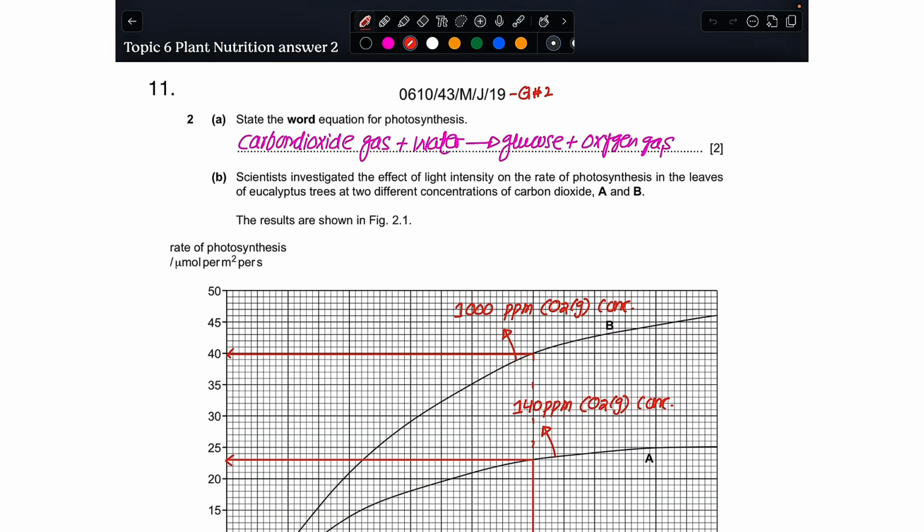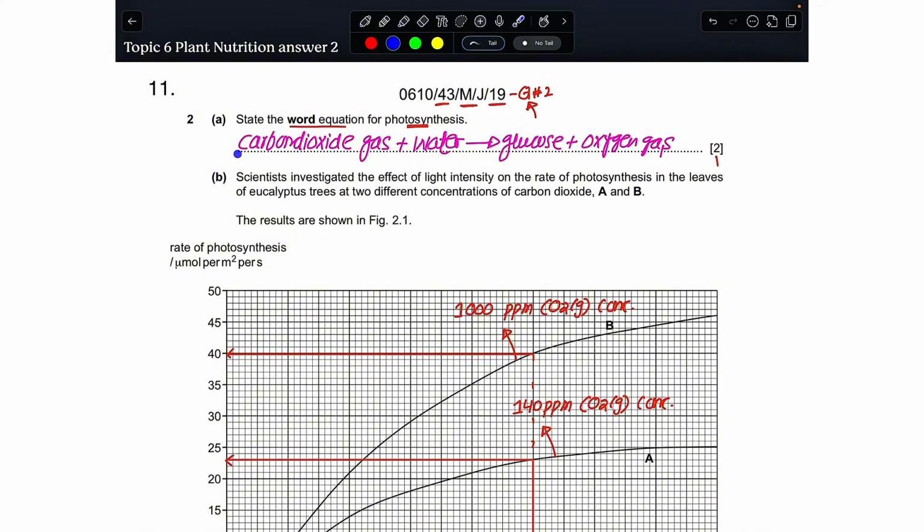Now, for this question that came in the May June of 2019, and this was variant 4, 3, and for the exam, this was question number 2 with us. For the first part, the examiner is interested to know whether you know the word equation for photosynthesis or not. Now, this is a word equation for 2 marks, and what we know is